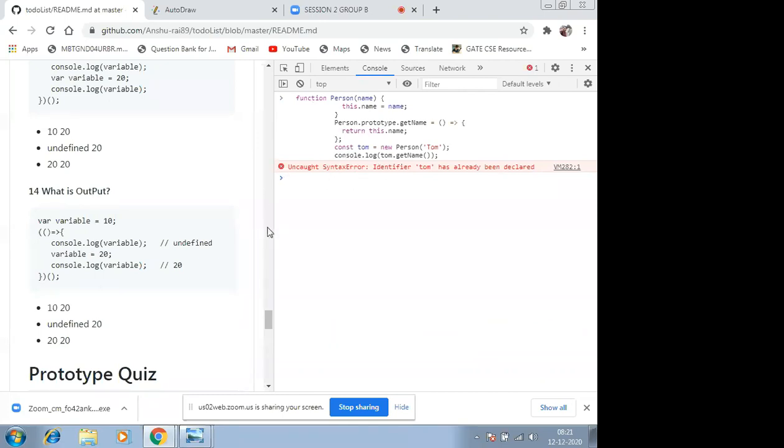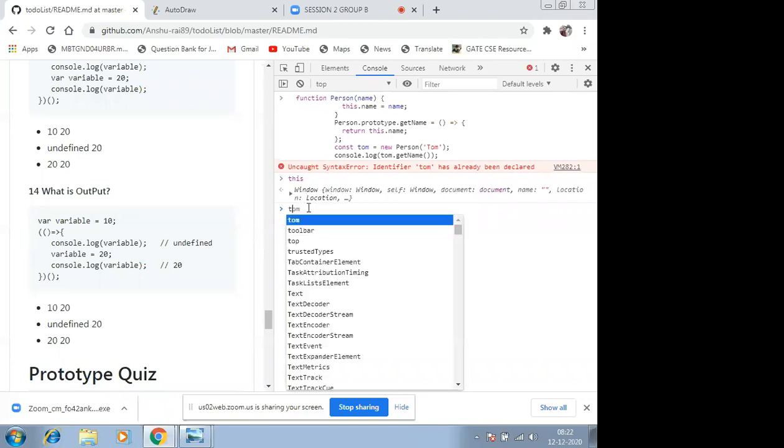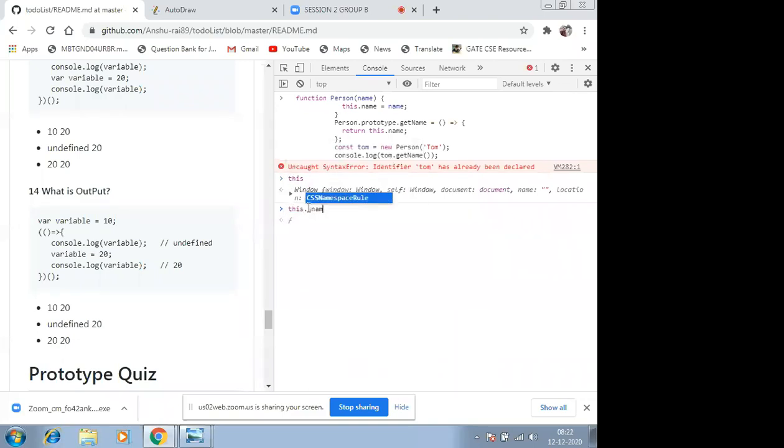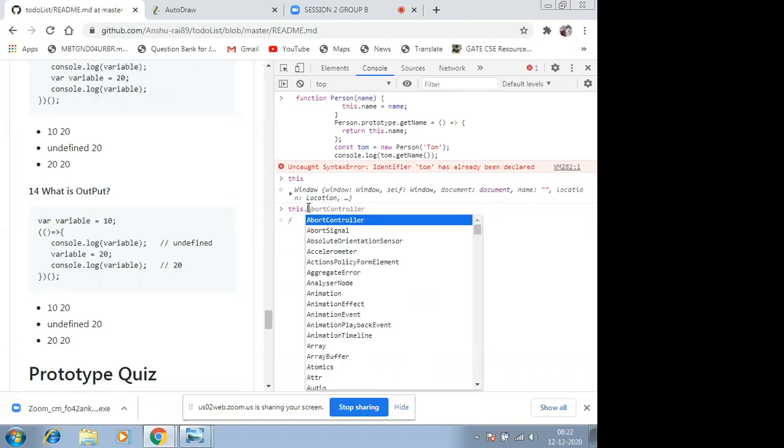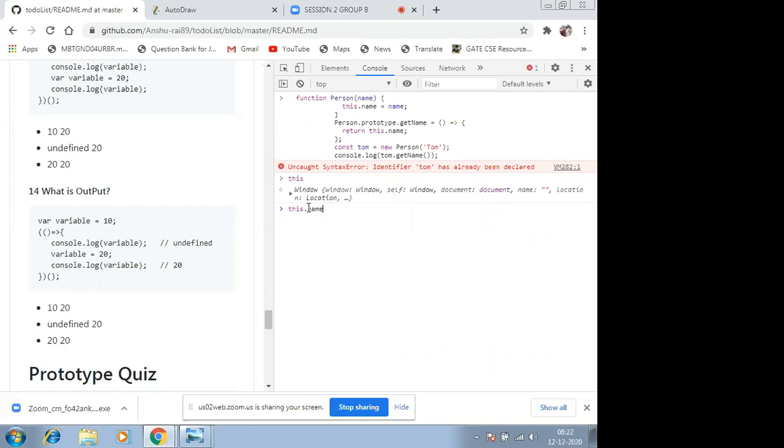Okay, guys. Now let me try to log the window object and show whether we have a name property right here or not. Let's just see this.name.